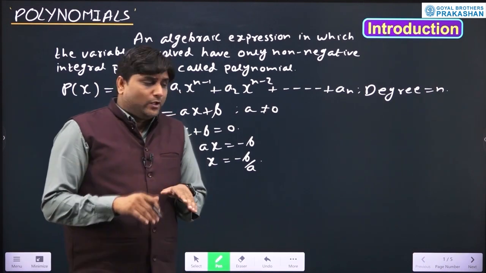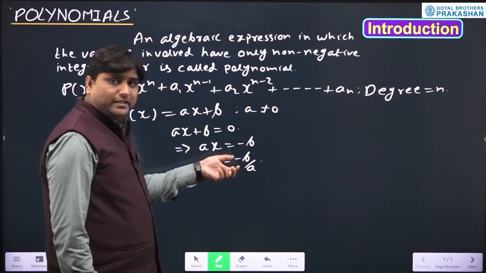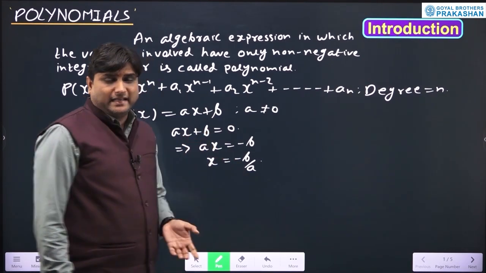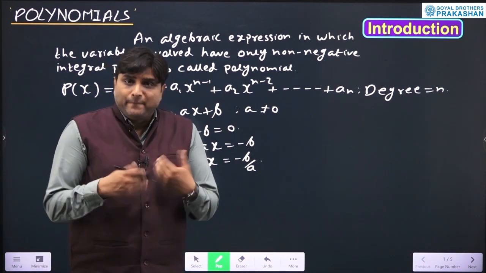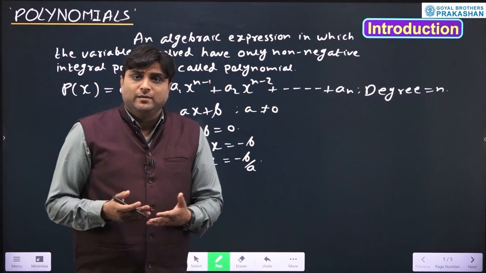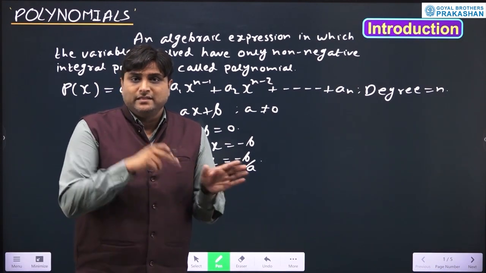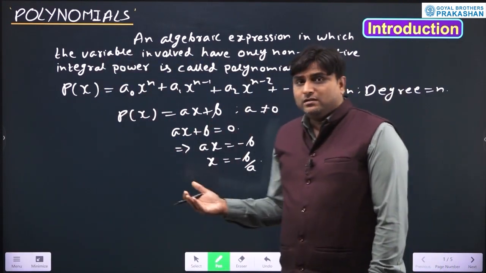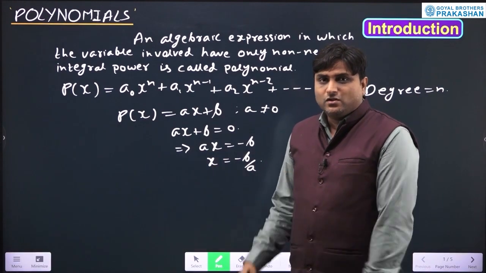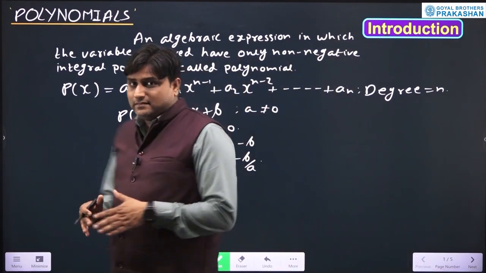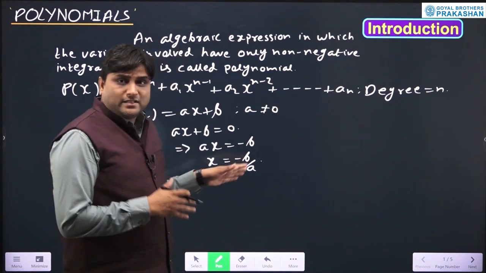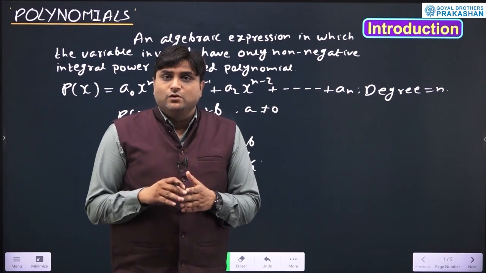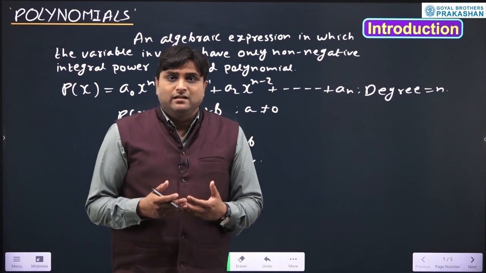So x equal to minus b by a is actually the 0 of the polynomial in case of a linear polynomial. So in case of a linear polynomial, the 0 is just related to its coefficients only. b is actually the constant part and a is the coefficient of x. Will this happen for quadratic, cubic and higher degree polynomials also? This we have to study in this chapter. So this I have revised about polynomials, which we have learned in earlier classes also. In this class, in your syllabus, we will understand the geometric meaning of zeros of a polynomial, then the relation between zeros and their coefficients. This is there in our syllabus.